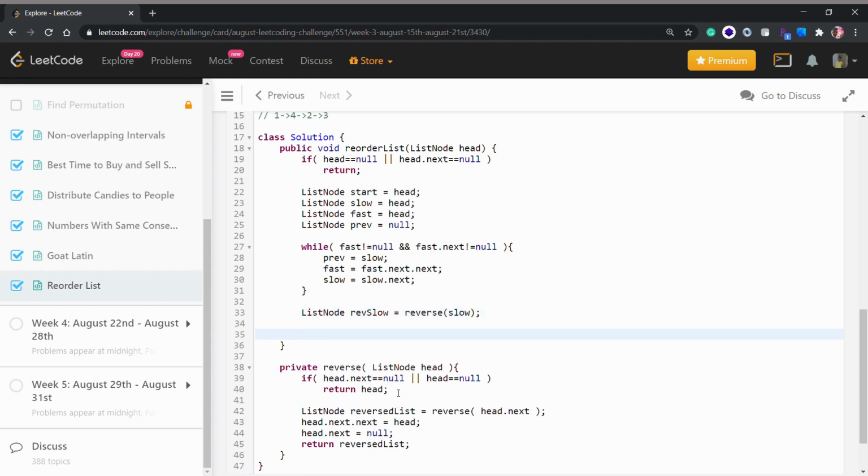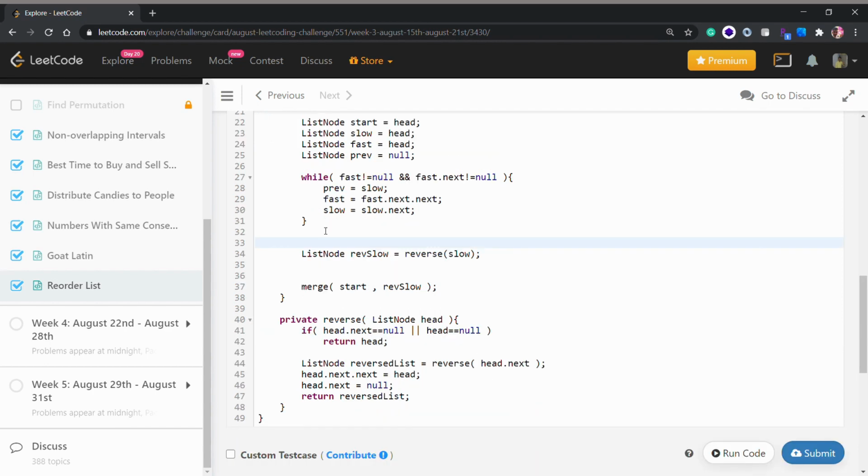And now we will need another function, one of the main functions. We have three methods here. So our other method would be the merge method, which will merge start, comma, reverse slow. And also one more thing we have to do, previous dot next